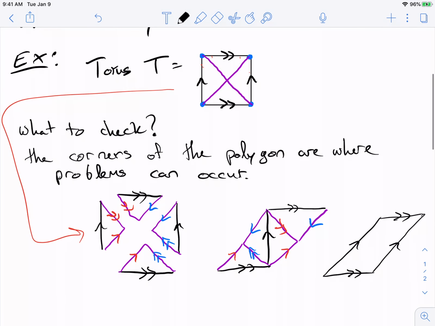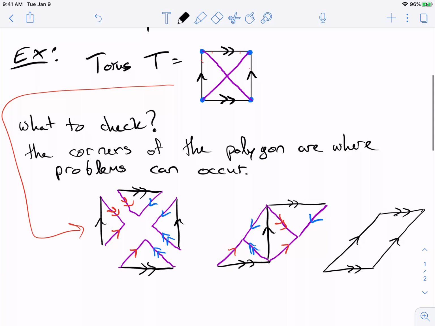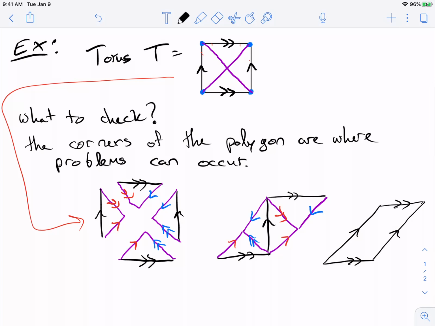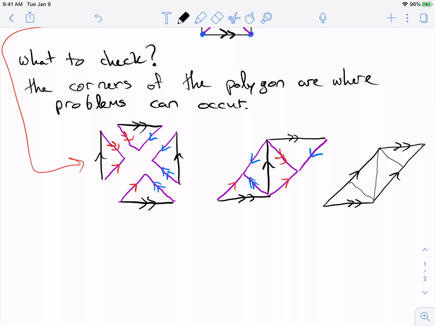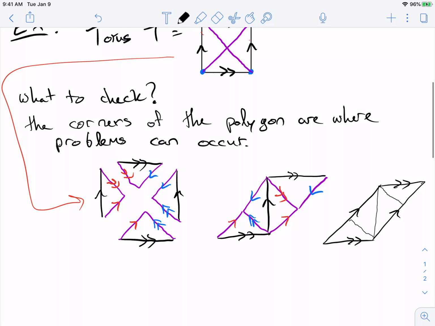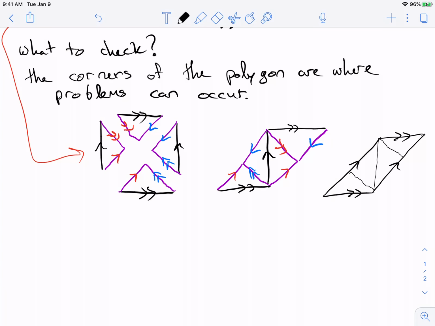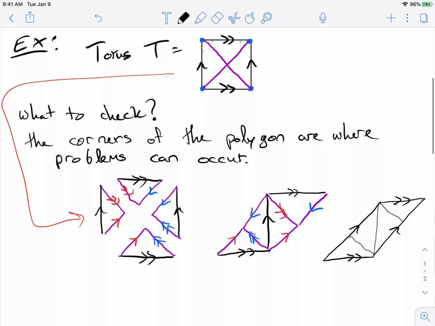If I wanted to get back to the previous representation, I would just have to make these cuts like I had before and then rearrange things, and I could get back to the square. So there's different ways of drawing this. So one other way I could do it